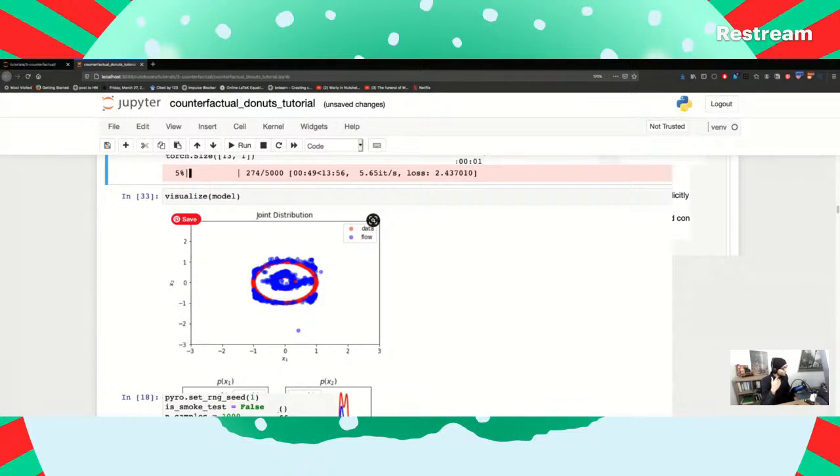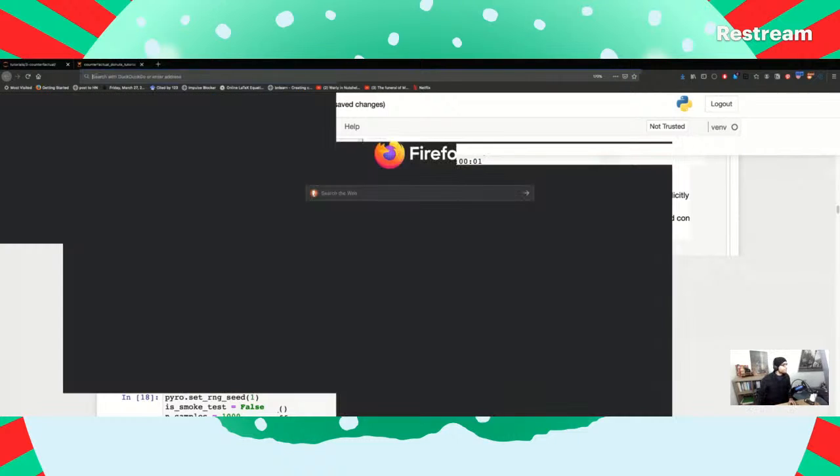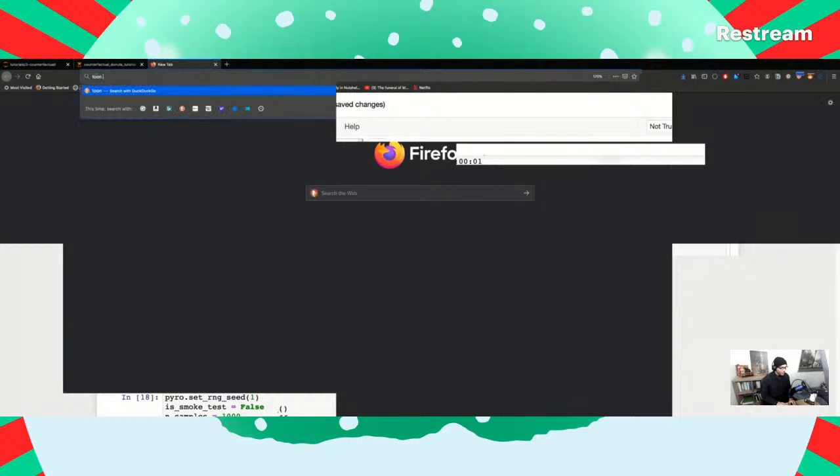Okay, so I'm working with this group of students to actually generate some meaningful counterfactuals.